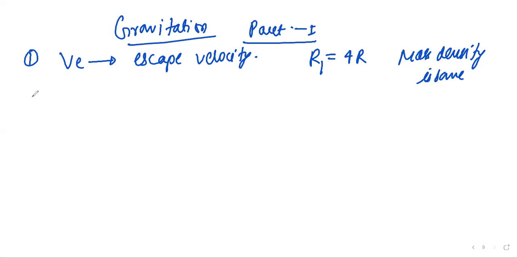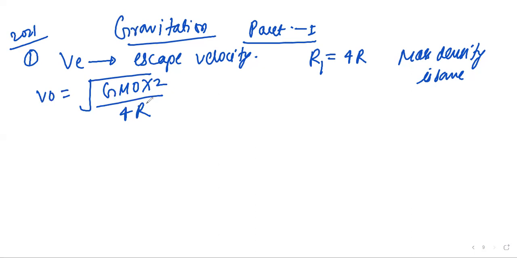So let's see. It is asked in NEET 2021. As we know, escape velocity is given as, so V naught is equal to under root of 2 G M naught upon 4R. Right. The mass density is the same, so sigma for Earth is equal to sigma for M naught. Right. So ME will be given as